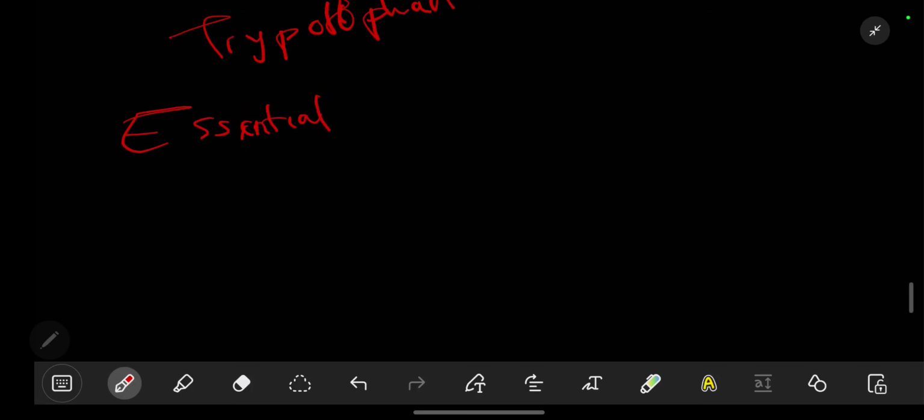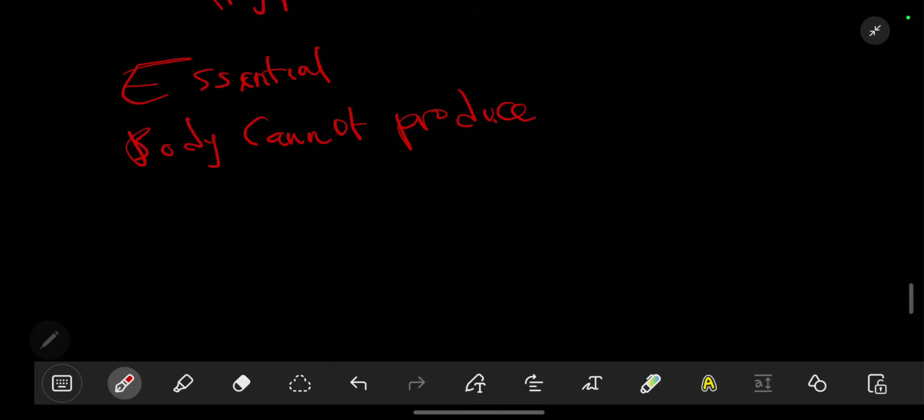Amino acids can be either essential or non-essential. Essential amino acids are those that the body cannot produce, so you have to get them from food sources. We have a total of 9 essential amino acids, but some of the examples that I'll give you are